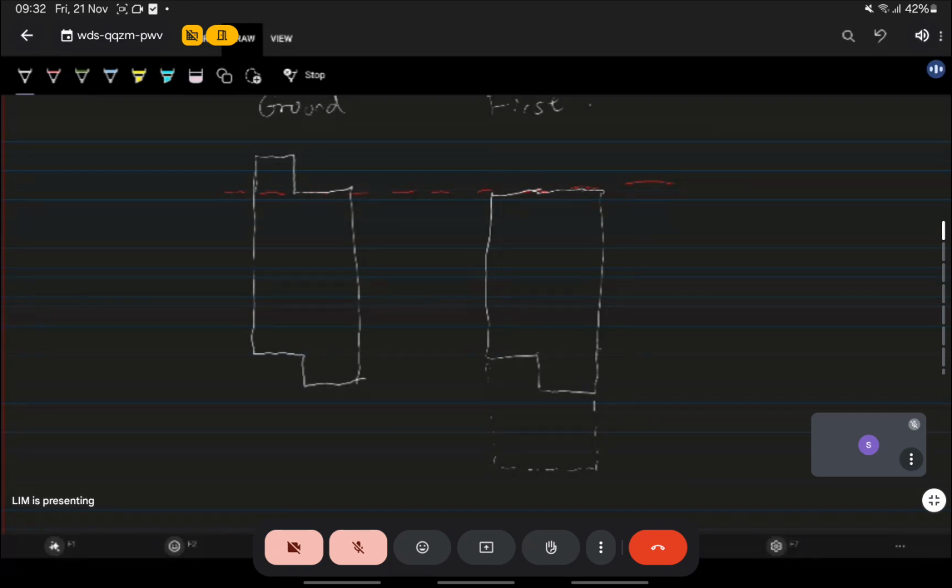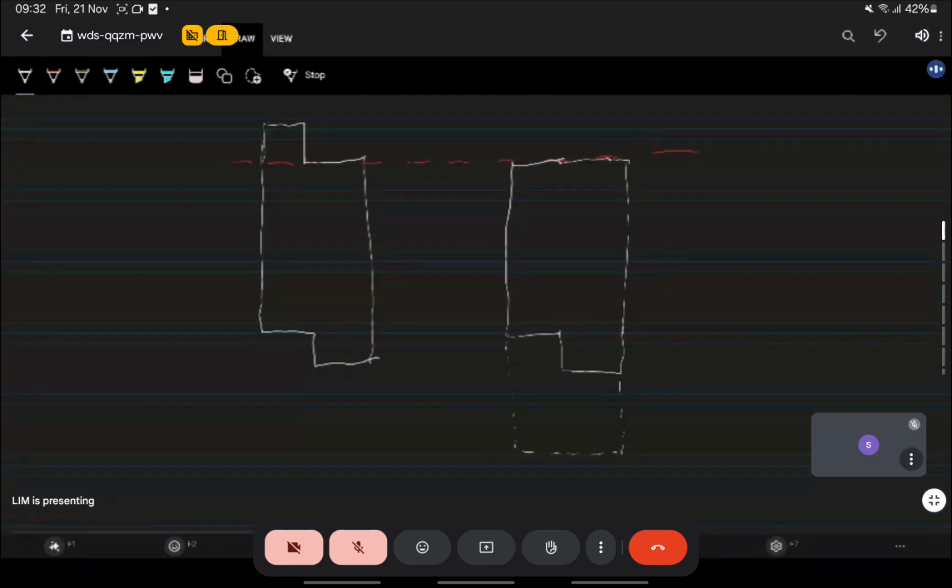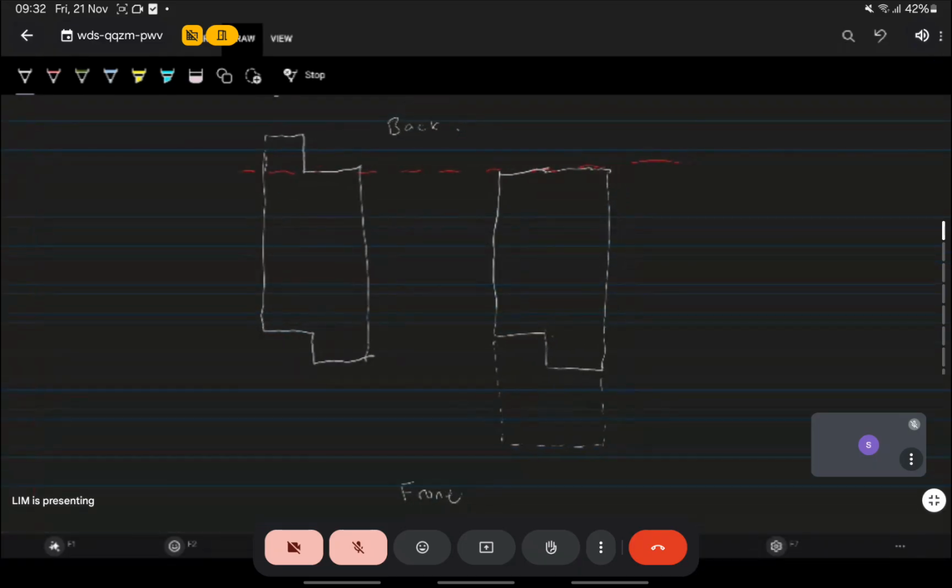Okay, so the two obviously don't quite line up. On the ground floor, you have the extra at the back. So this is the front of the house. This is the back of the house. So let's say this is your structure. Now, what you have to do then is put in the slab, the beam, and